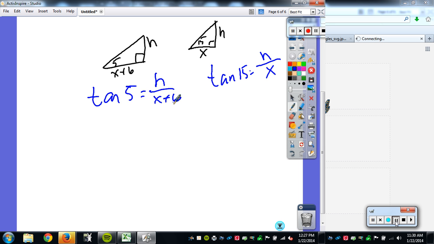What variable is the easiest one to solve for in either equation? The h on the right-hand side, the littler one, right? What is h equal to? h is equal to x tangent of 15. You guys all know tangent of 15 is just a number. Now I'd prefer you not to plug it in because it's probably an irrational number, a number that goes on forever. So I don't want you to use your calculator yet. We should always use our calculator at the end to simplify. Okay, so notice, understand this h